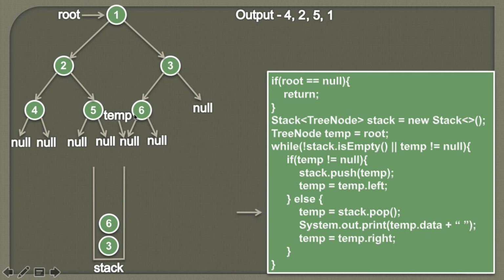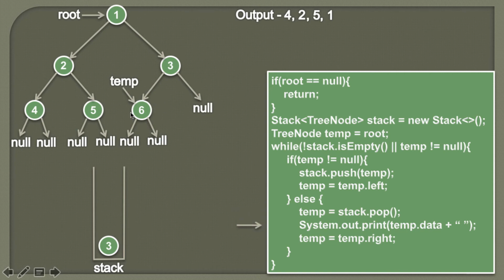Here as node 6 has no left subtree, therefore we are done with the processing of the left subtree for the node 6. So now is the time that we can visit the node 6. What we do is we simply pop the element from the stack, because we know that we have actually stored this element on the stack. So we pop this element from the stack and we'll assign it to temp. It would look something like this. So now temp is pointing to the node 6. Moving ahead.